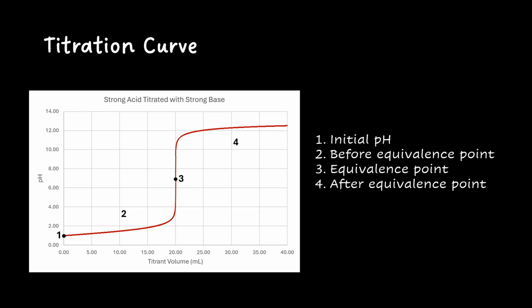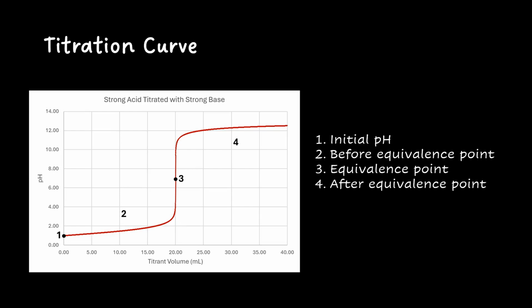A titration curve is a plot of pH versus volume of titrant. This curve begins at a low pH at 0 mL of titrant and increases slowly for a while. When the titration nears the equivalence point, there's a steep, almost vertical increase by several pH units. Then the curve continues at a slow increase until the experiment is stopped.